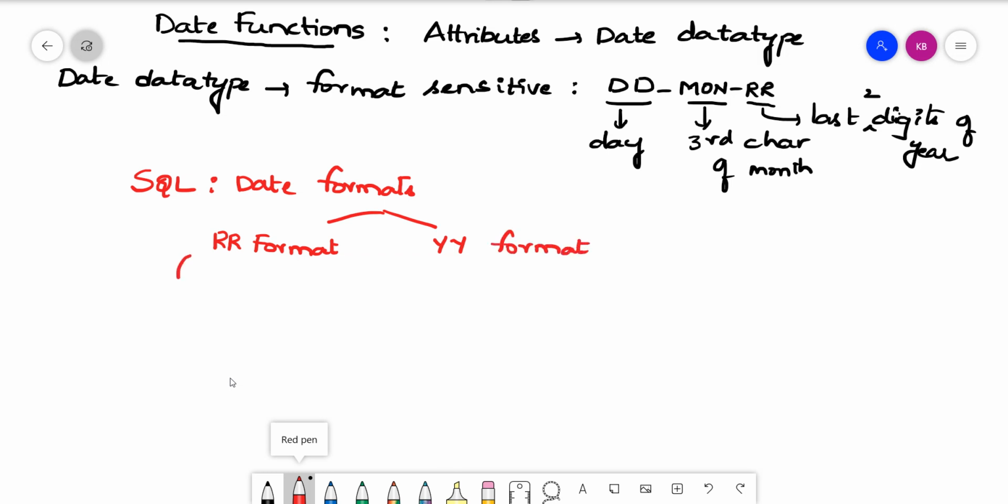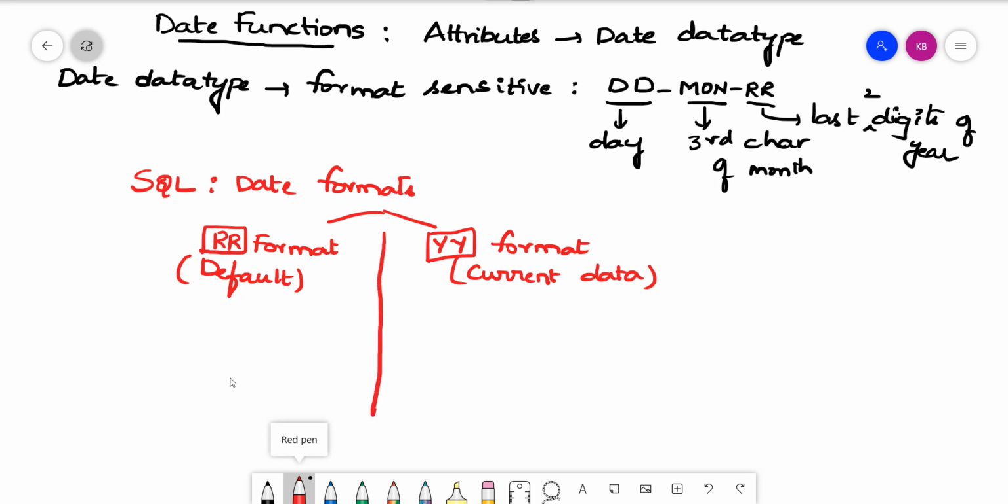The RR format is the default one which is used. If we are working with the current data, when you are working on the present data, you may prefer to even use the YY format. So we have RR and YY format.